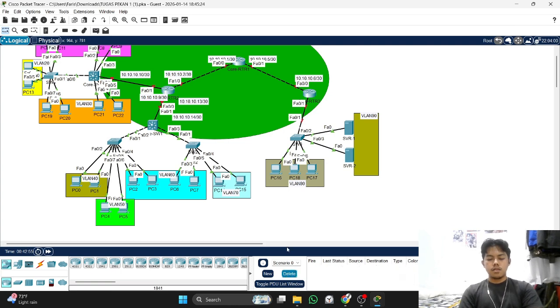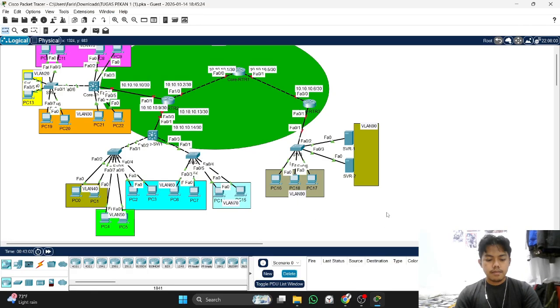Okay, all of the PCs succeed to ping each other. And now we go to the next step.